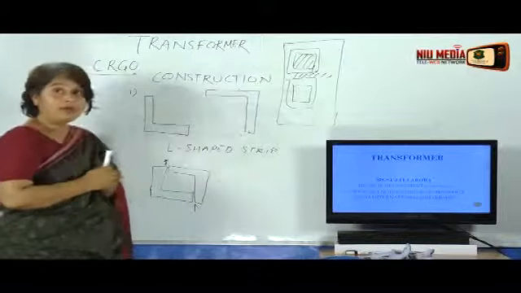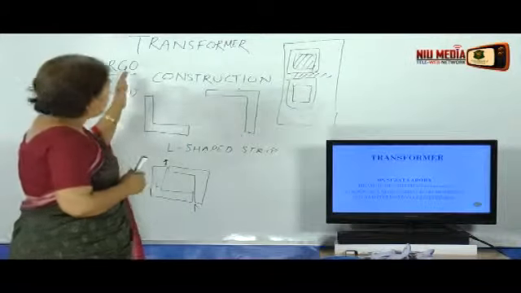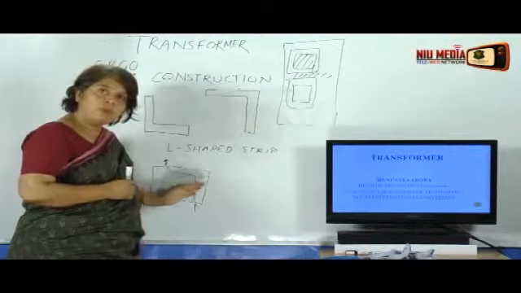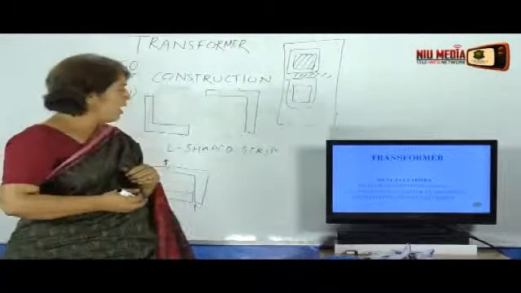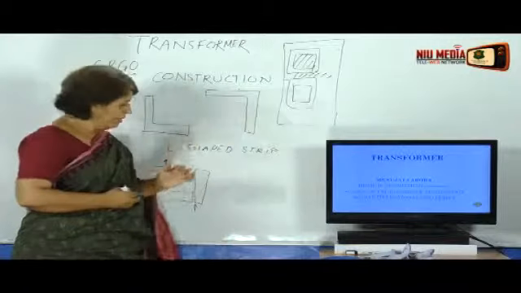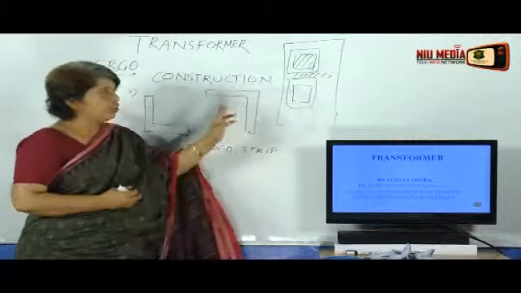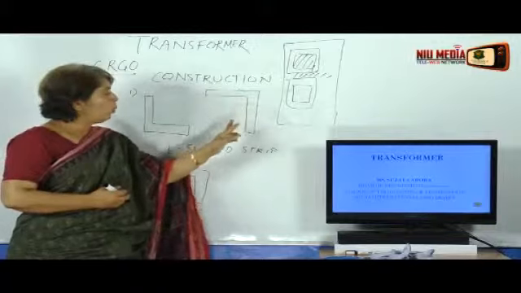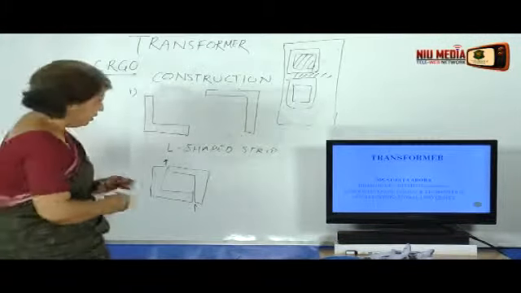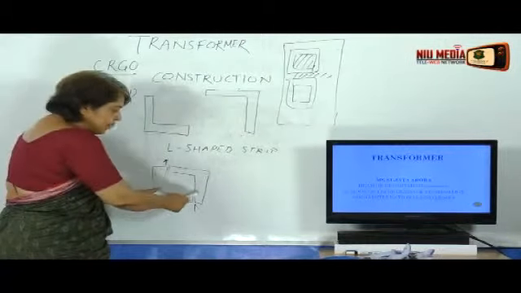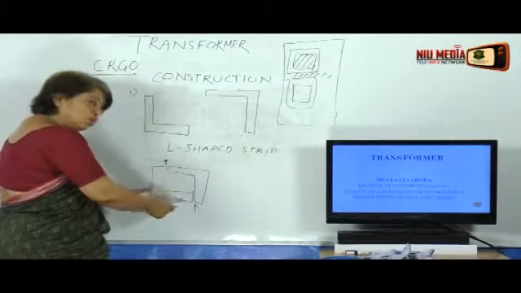This is a very high grade costly material. So, if the cost of making the transformer core increases, automatically the cost of the transformer will increase, and this is one of the reasons that these rectangular sections are prepared with L-shaped strips in the core of the transformer. So, this is how these L-shaped strips are joined together